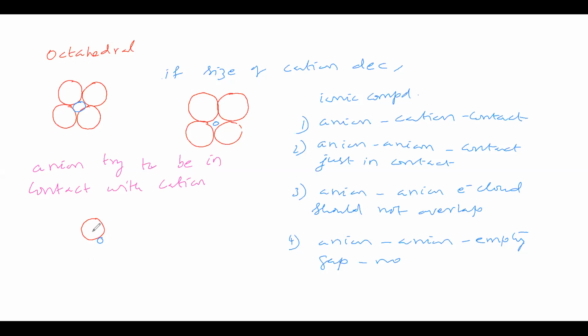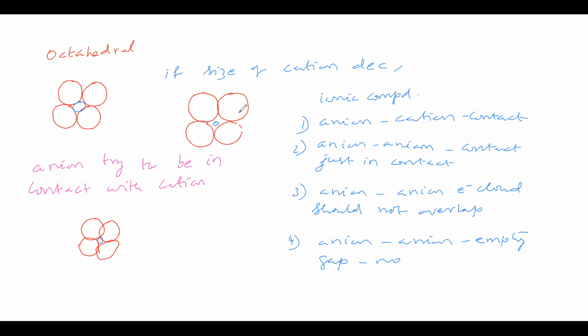So an anion is coming for contact with the cation. Another anion came for contact with the cation. The next anion is coming for contact with the cation. The next anion came for contact. Now see, when the size of the cation becomes smaller,